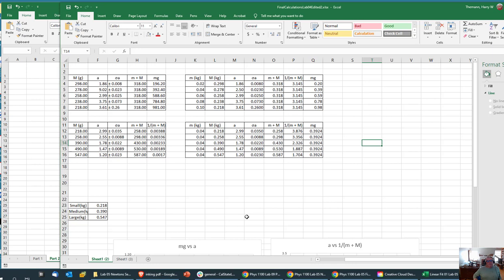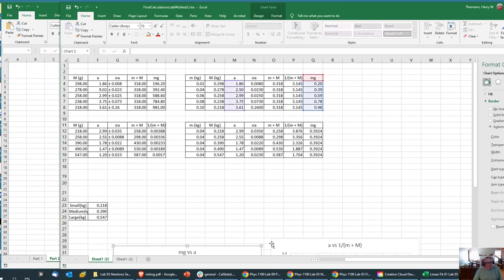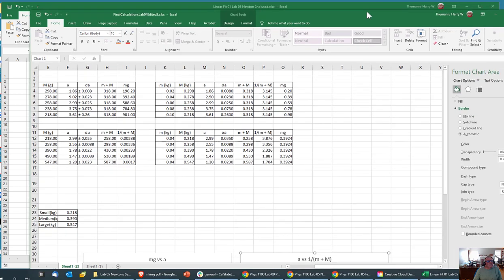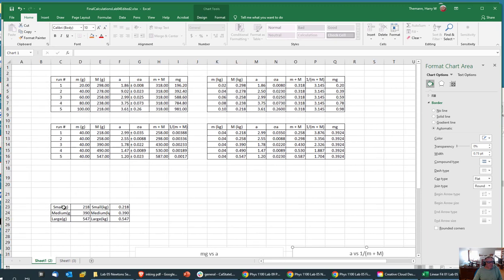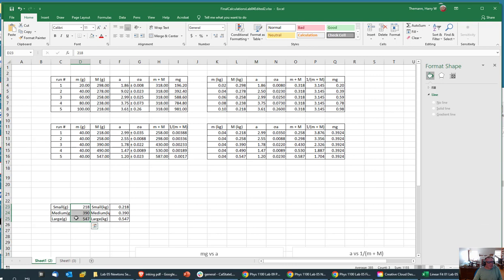And because the old videos may have reflected different, as I've evolved my understanding of this lab, I've changed what I have students do, so I wanted to just make sure we have the latest and greatest. So I've basically got a spreadsheet file open here, and I've got weights of sleds here as needed, and then